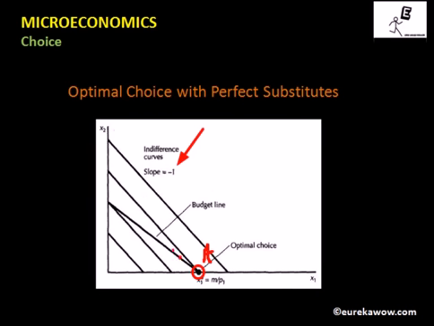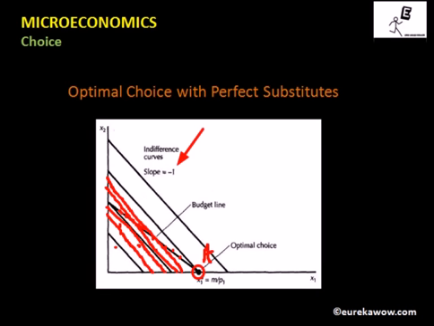Now these are the other points that lie on the budget line, and these are the points that are lying in the budget set. Now clearly if we draw other indifference curves, all of them, the indifference curves will look like this, and clearly we will be able to see that all the bundles other than bundle A which are affordable will be lying on a lower indifference curve than the indifference curve on which the bundle A is lying. As a result, bundle A is the point of optimality.